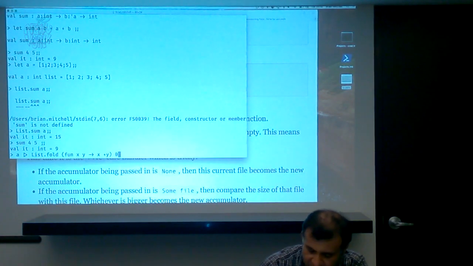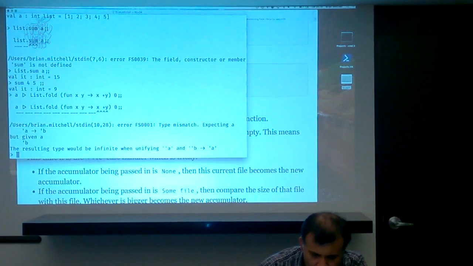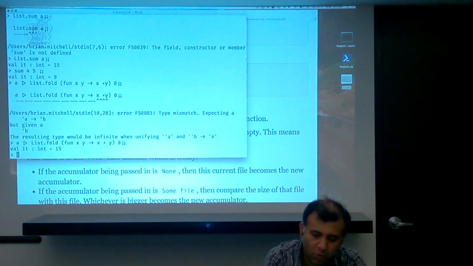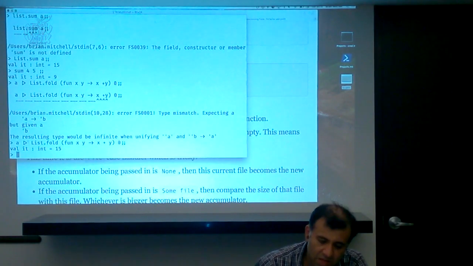My initial state is 0. Yeah, there you go. So you're folding a list, you start with 0, and as you iterate through the values,